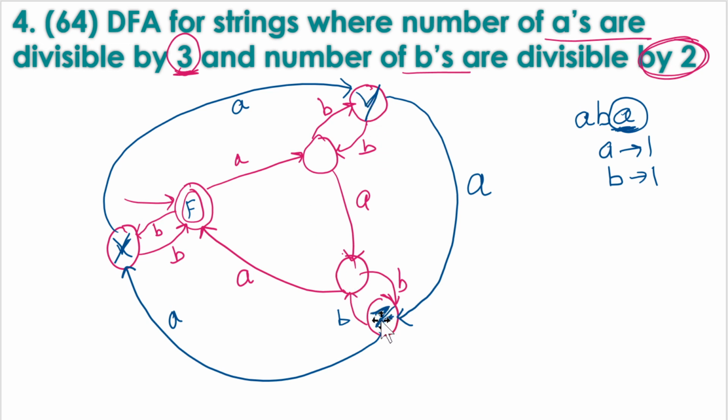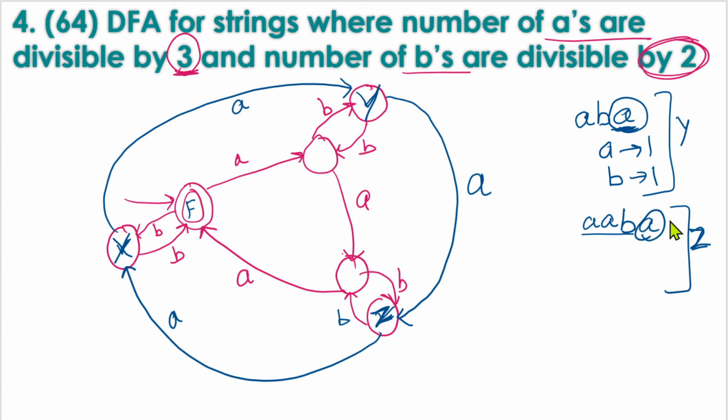So if we are on Z, that means we have received a minimum of 2 A's, and this was for state Y. Now if we are on state Z, we have received a minimum of 2 A's and 1 B. We can have an even number of B's in between or before these A's also, so any combination is possible. I am talking about the minimum string received till this point, A B, and we have to mark the transition for the next A. That transition we have marked here.